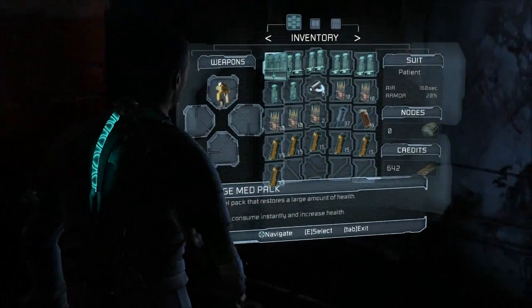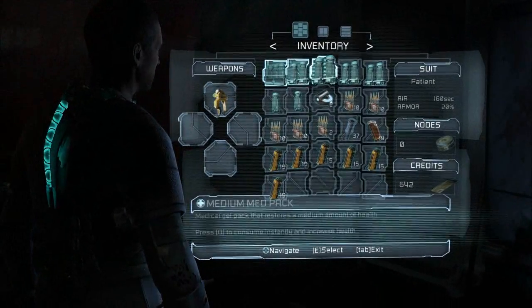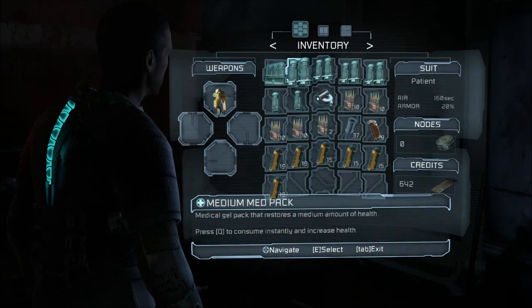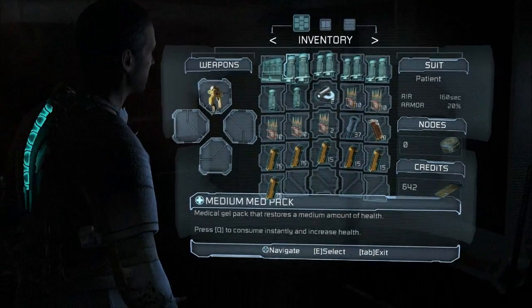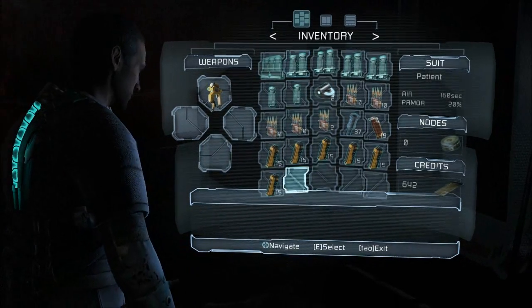So another neat thing about Dead Space is its inventory system. You'll see here that I'm looking at my inventory within the game. There are different types of things going on in the inventory. I have weapons on the left side, showing me all my current weapons. My inventory items are in the middle, and off to the right is some other important information I need to know about